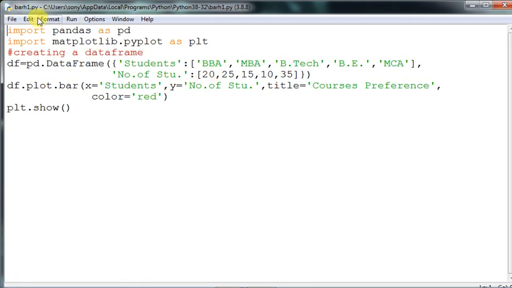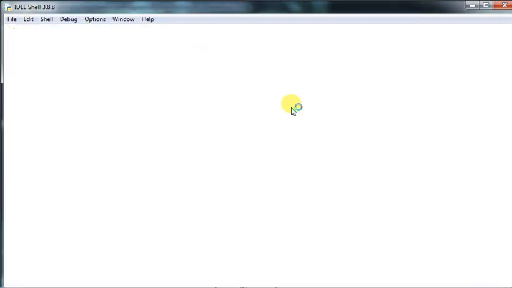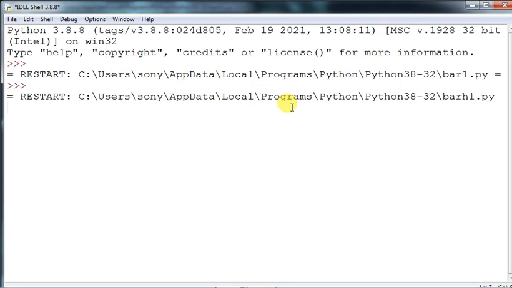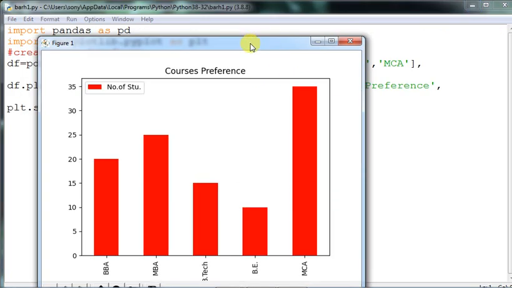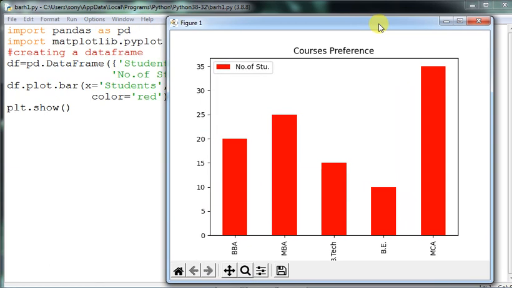This is a simple data frame that you all know because you have done data frame classes many times, so it is not a problem for you. From a data frame we are just developing this one. Now you check how these things have been made. Once it appears, we will be able to compare it. You see a simple bar graph has been made here. Now, in order to change it into a horizontal bar graph, what should I do?